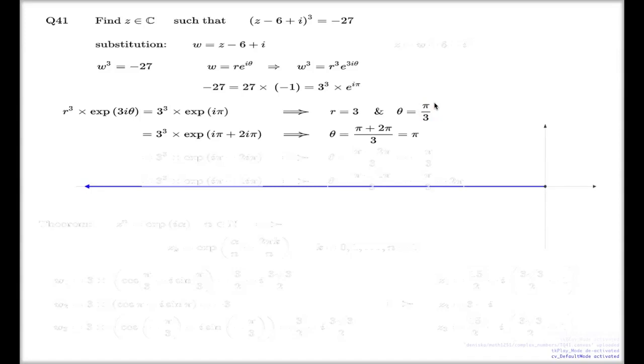How many other alterations like this can I do? For instance, I can find another exponential form for the -1, like this. Again, an equally legitimate exponential form for the -1. Rather than adding 2 pi, I'm taking away 2 pi. And yet, if I use this new